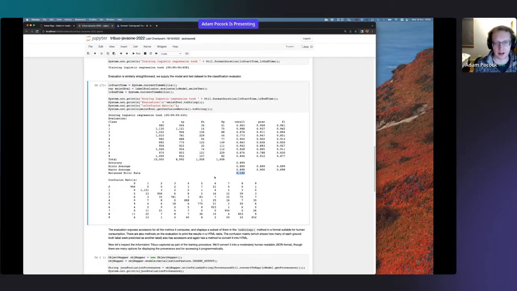And we have different kinds of evaluation and different outputs depending on what the actual prediction task is, whether it's regression or clustering or anomaly detection or whatever. For classification, we can also produce this confusion matrix. So what this shows is, when I predicted a 0, how many times was it in fact a 0? Did I predict any 1s as 0s? No, I didn't. I did get a little confused between 6s and 0s.